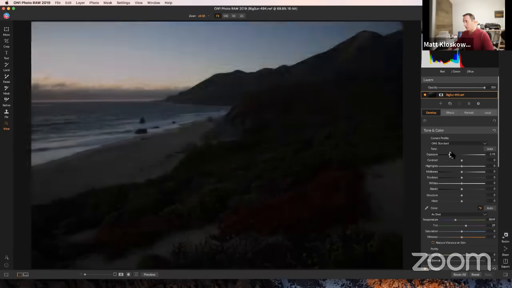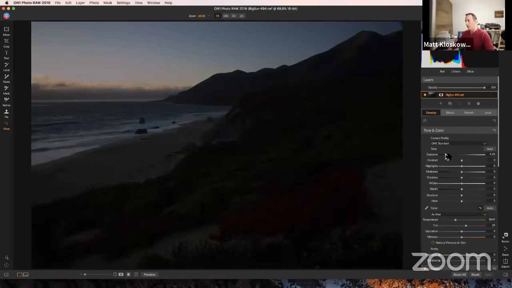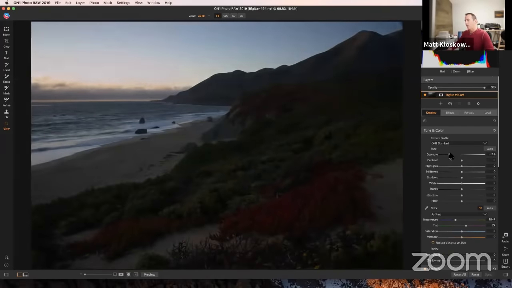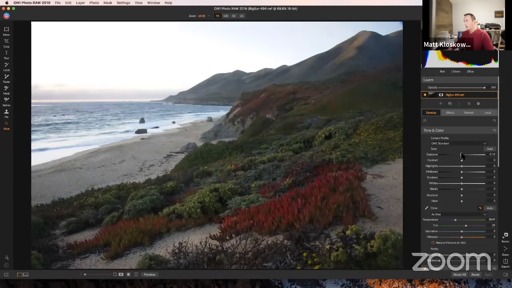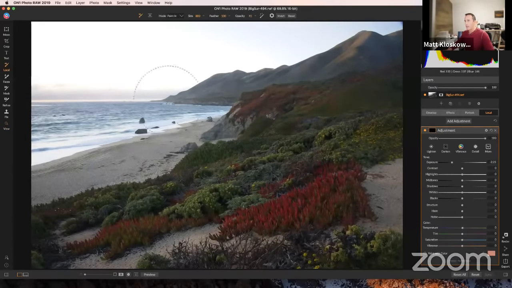I think there's a couple of things we can do to help it a little bit, but just keep that in mind. Just because the histogram isn't over here doesn't mean it's not blown out. That sky was blown out, but at least rocking this back and forth gives me an idea. Like, all right, I know I'm good on shadows. So what I would do is the path of least resistance, easiest work for me, which would be go to my local panel over here, bring the exposure down, and then use my adjustable gradient up here at the top